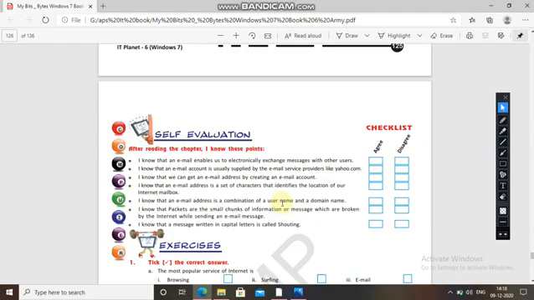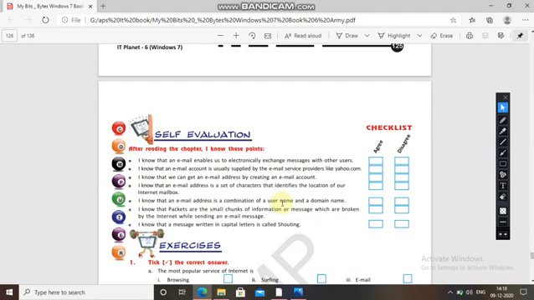Okay. I know the packets are the small chunks of information or message which are broken up by the internet when sending an email message. I know that a message written in capital letters is called shouting. Okay, so these are all things we have seen in this chapter. It was an interesting chapter also.